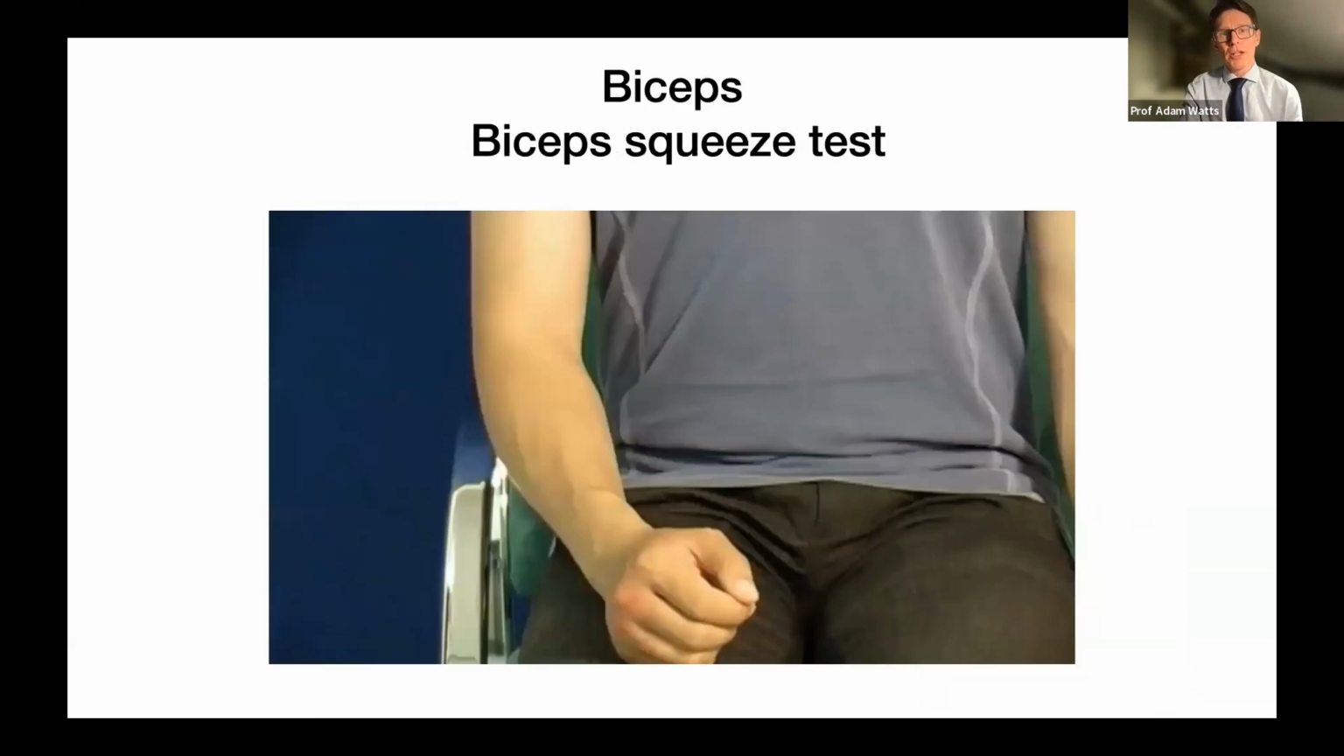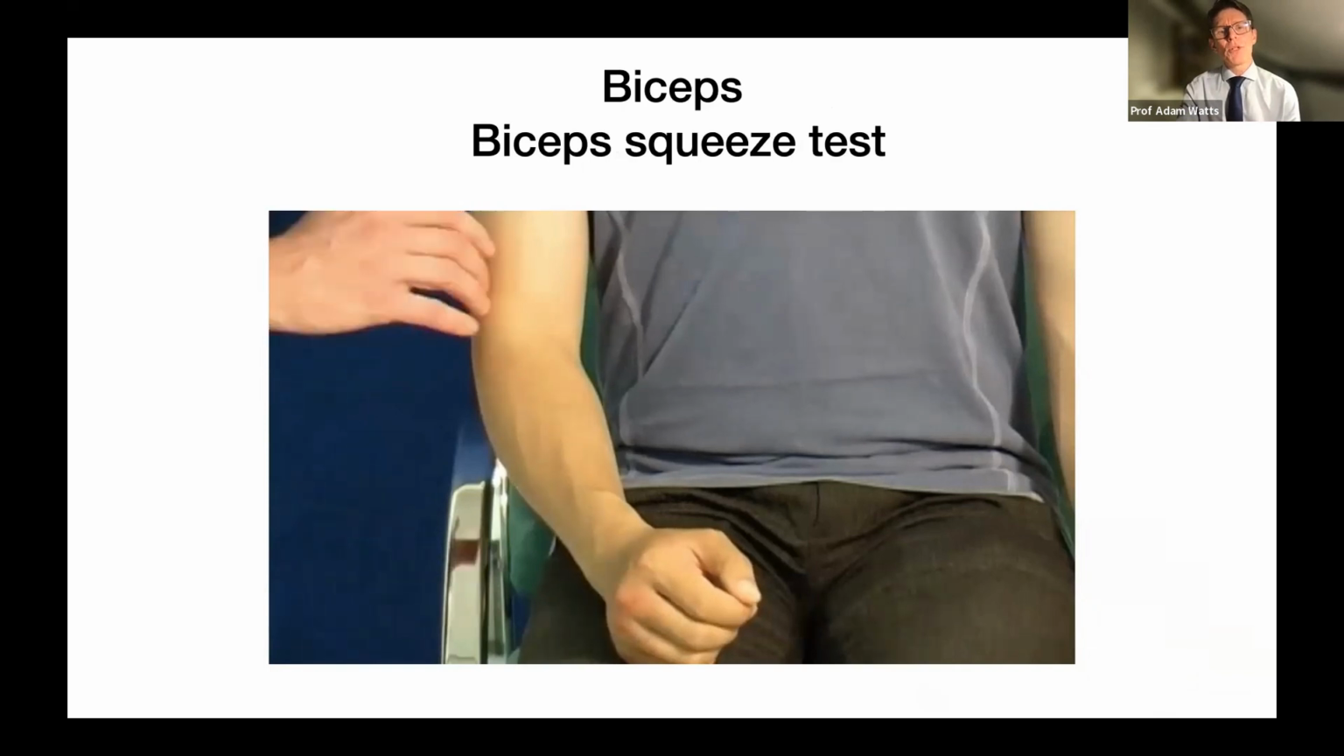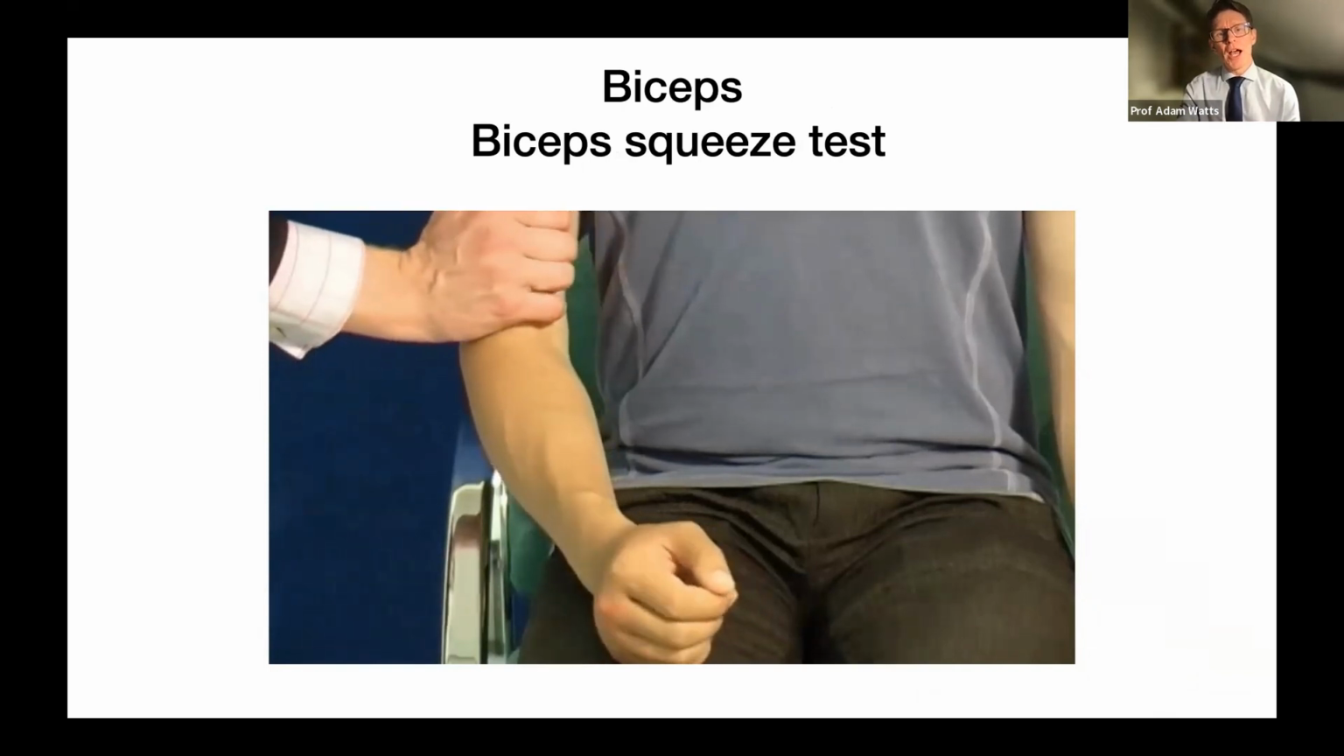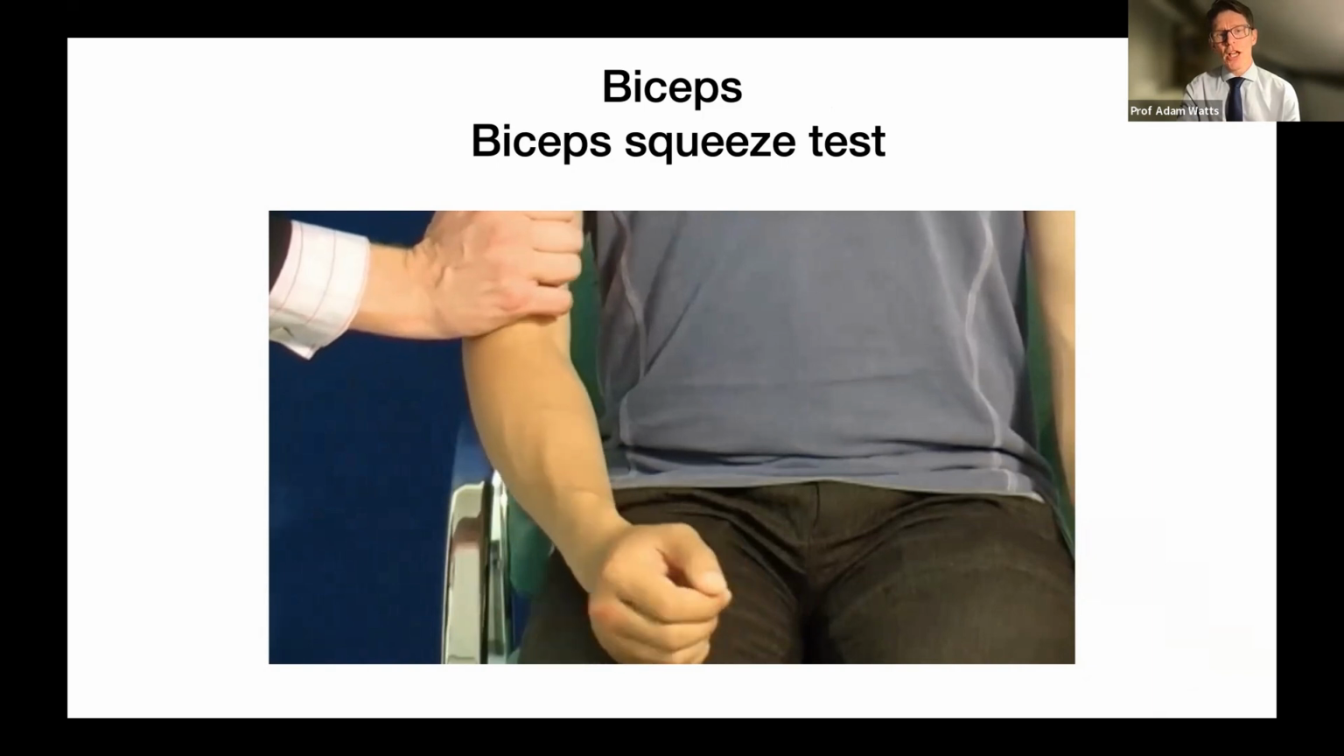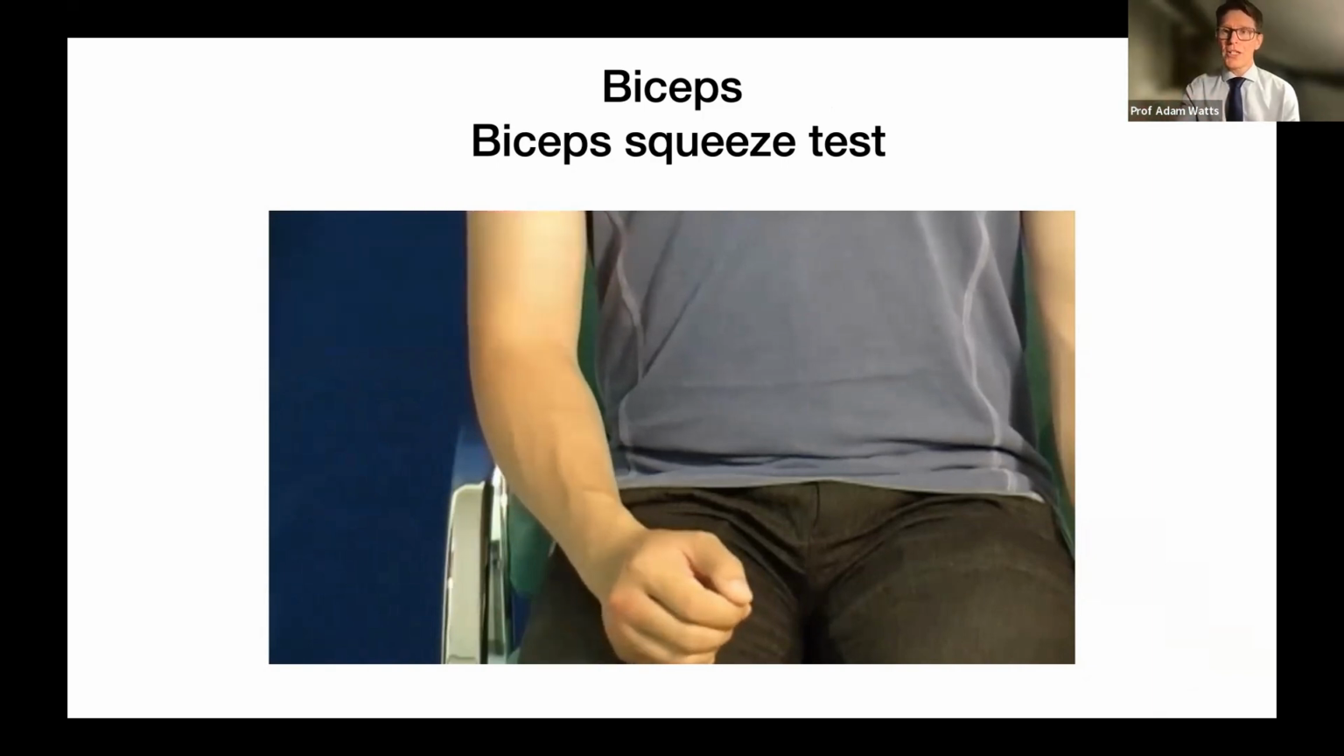And so I always combine it with a biceps squeeze test, which is a bit like the Simmonds test for Achilles tendon ruptures. Rest the forearm on the lap, where the hand takes a slightly pronated position, and then we just squeeze the biceps, and you should get passive supination. What that tells us is there is continuity between the biceps muscle and the tuberosity. They may have a partial tear, which we wouldn't pick up with this test,